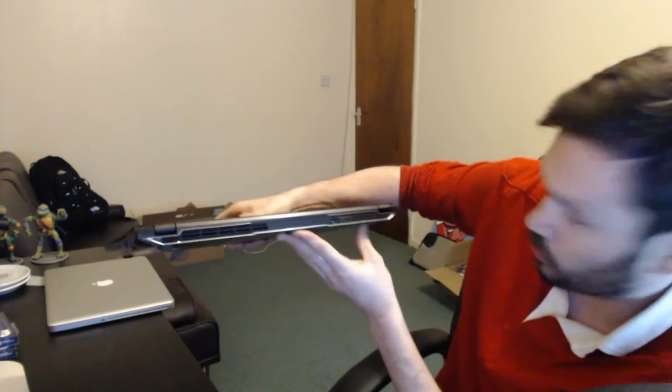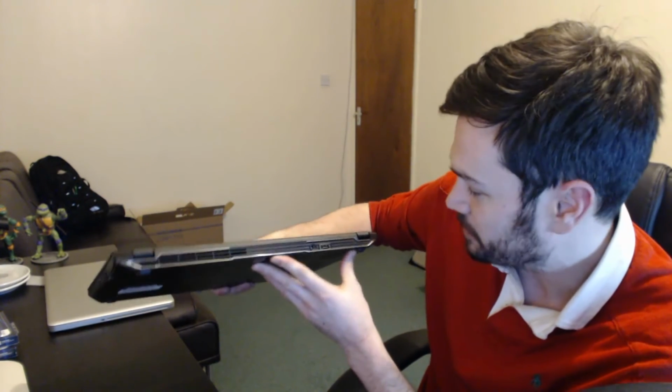The form factor, not as nice, doesn't look as nice. You know, it's just such a nice laptop. It's so small, feels nice, much nicer to use than the MacBook Pro. And okay, the thing that is a little bit lacking, it hasn't got that magic. Apart from the back, I do think at the back it looks almost laptop game-ish, where it's